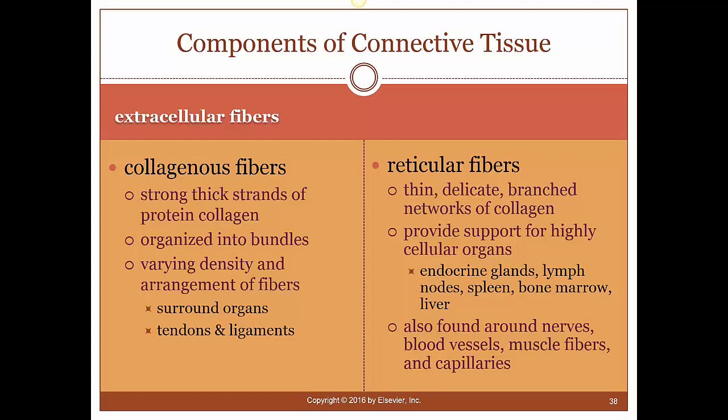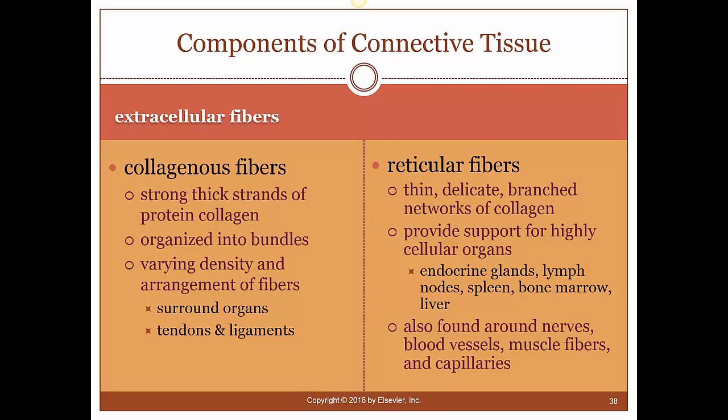And that's what these fibers do, is they just kind of arrange everything in there. So they end up making up things like the liver, the endocrine glands, the lymph nodes, the spleen, bone marrow, but even the heart, the lungs, the brain, we all have reticular fibers in those areas. They also help to form nerves, so they actually kind of help bind the individual nerve cells together to actually